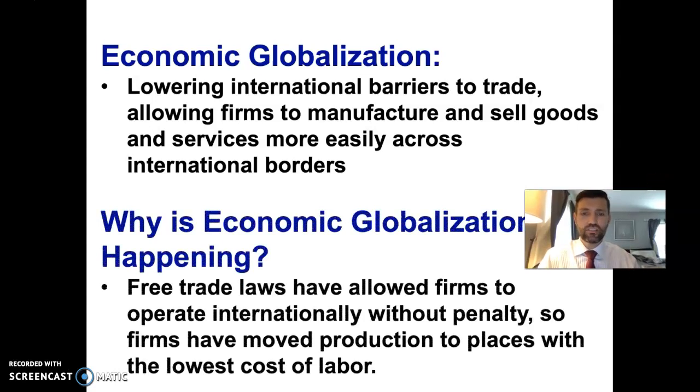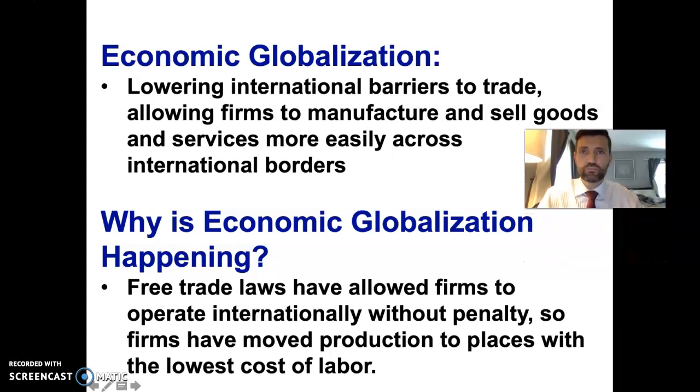Economic globalization is happening because, for the most part, countries are getting on the same page with the idea of gains from trade. Gains from trade was a concept from Unit 1, if you remember: countries specialize in producing the thing that they have the lowest per unit opportunity cost in making, export it, and import other goods which they would have a higher per unit opportunity cost to make, which expands consumption possibilities. So that idea of gains from trade is brought all the way up here into Unit 5 to talk about gains from trade and globalization.